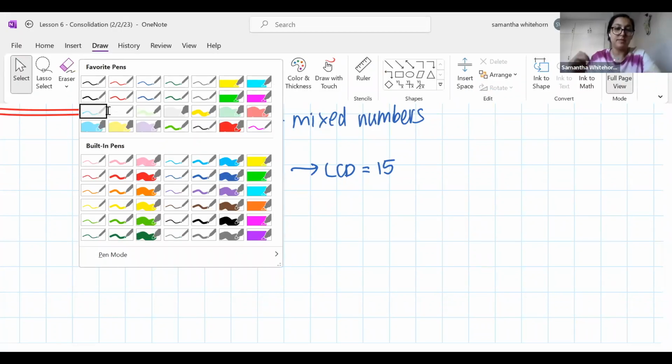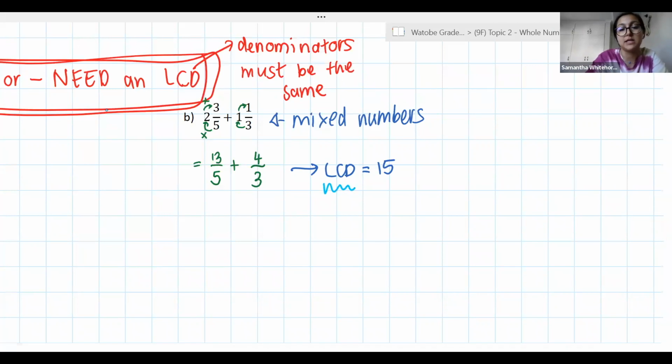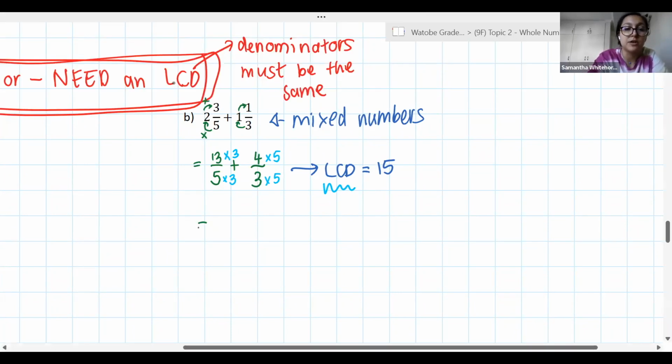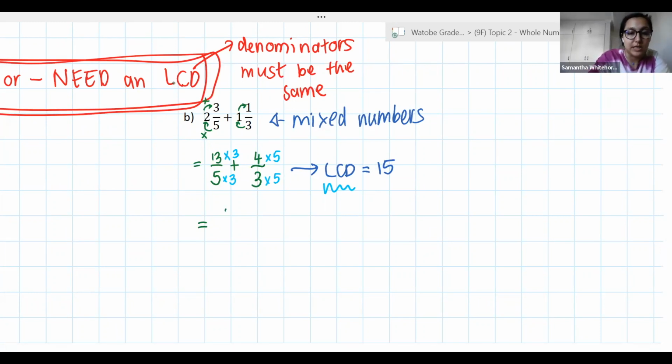And to change a denominator to make it the LCD, we generally times. So I'm going to say to myself, okay, well, I know if I times 5 by 3, I'm going to get 15. But remember, what you do at the bottom, you must do at the top. So we will times 13 by 3, not 13 by 15. For my second fraction, I know that if I times 3 by 5, I'll get 15. But I need to do that to my numerator as well. What you do to the bottom, you have to do to the top in order to keep the fraction representing the same amount. So 13 times 3 is 39 over 15 plus